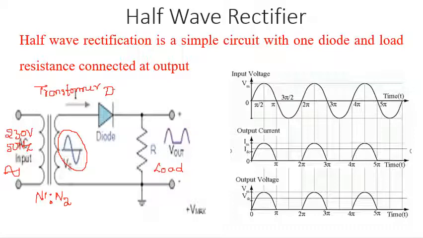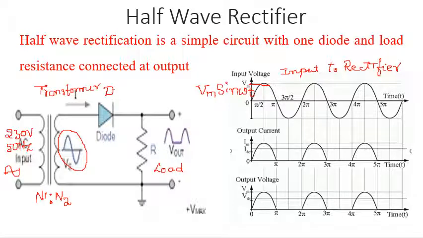That is the waveform which is shown here. This is the input voltage waveform to the rectifier circuit. So this is a sine wave which has a maximum value of Vm, or I can write this waveform as Vm sine omega t. It has the shape of a sine wave.